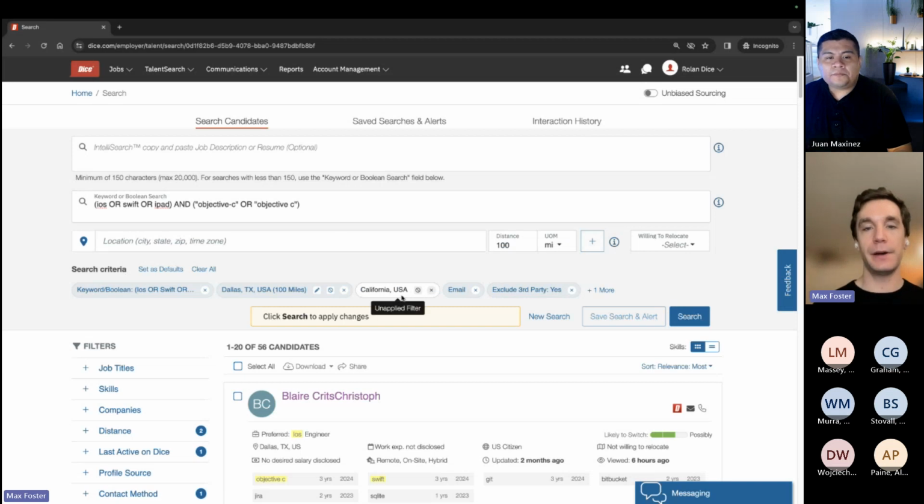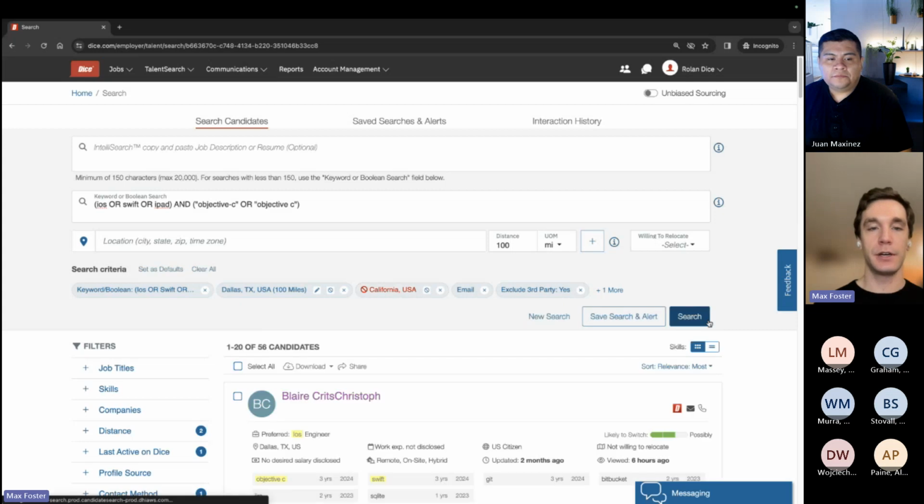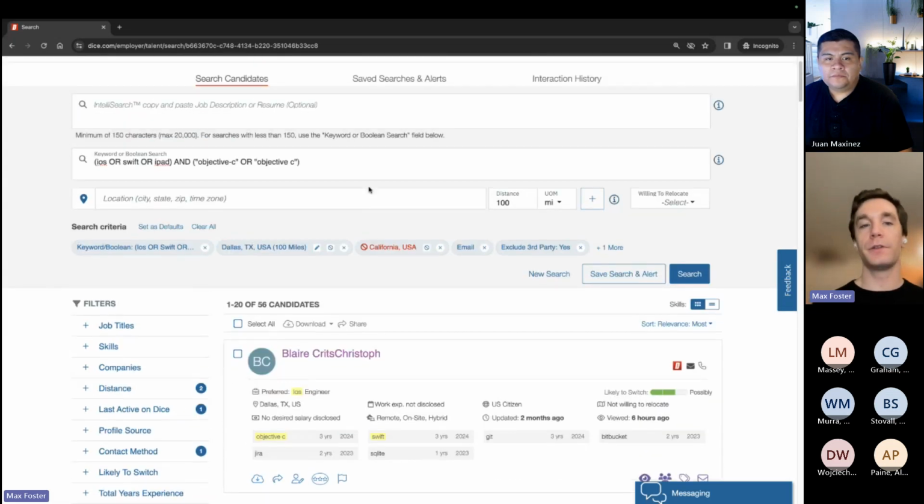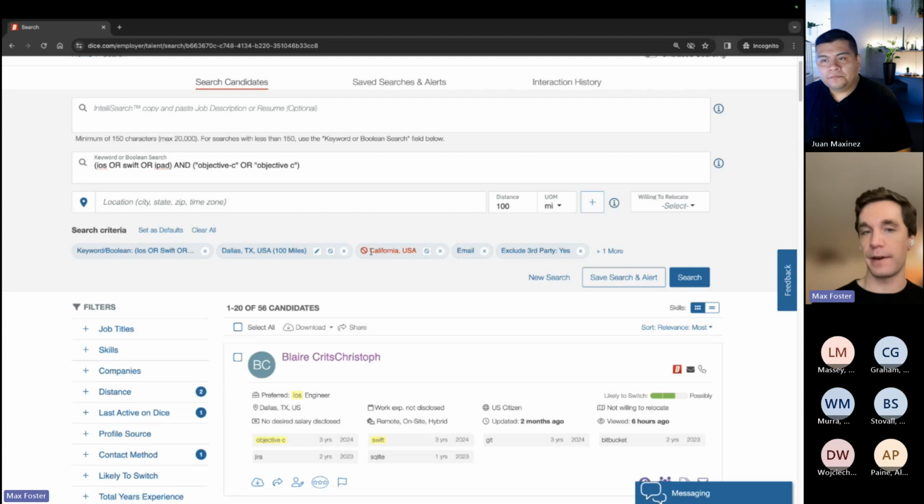And then once it's here in your little bar, you hit the exclusion toggle, and then you just hit search. And there you go. We were only searching in Texas, and so by omitting California, that obviously doesn't have overlap. So we're still here at 56.